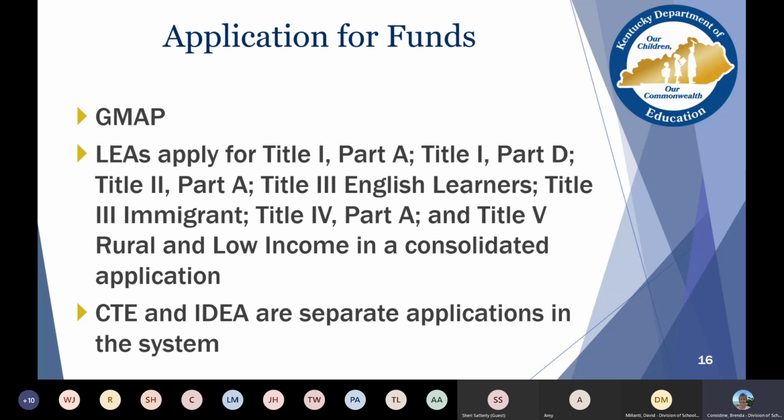And for me, this was probably the hardest thing to navigate when it came to the grants, understanding that these grants must be applied for every year. Even though I knew that our district was going to receive Title I Part A, I still had to tell myself, this is my application process for getting the grant for this coming year.